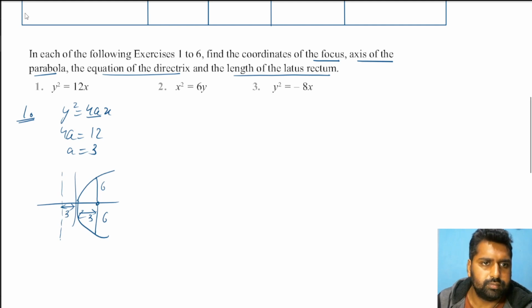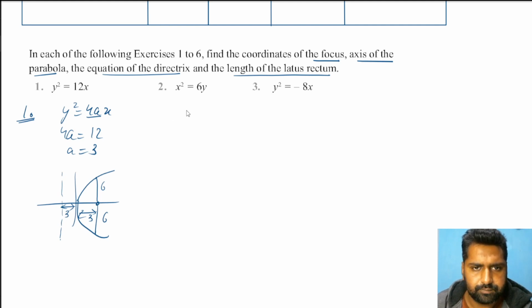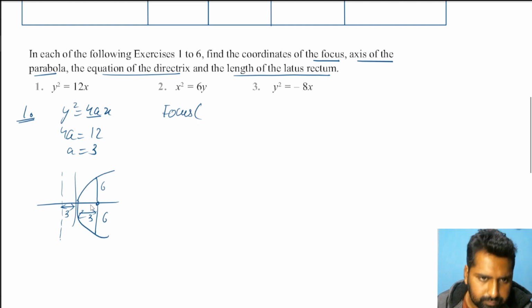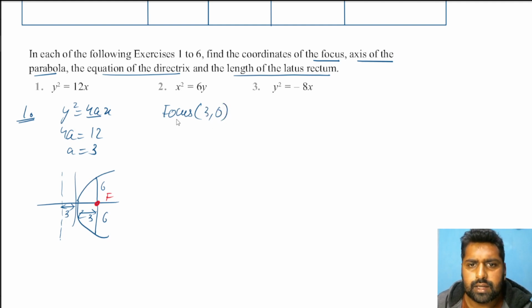Let's see. We should have drawn something different. Anyway, what's our focus? It's here. This is the focus at a distance of 3, so (3, 0) or (a, 0) directly you can say. Then directrix,